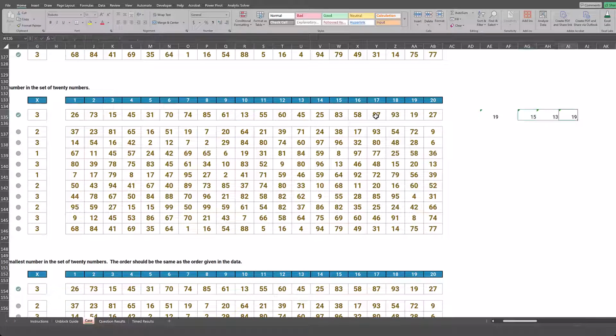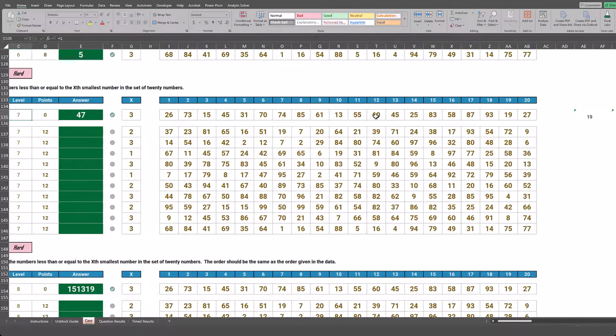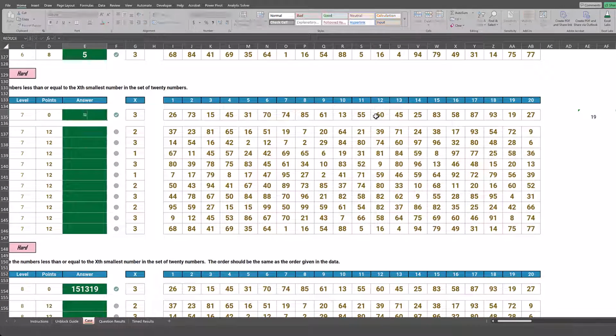And so now I can see that it returns three values. So we're looking at 19 was the third smallest value in the set. So this is including the 3 values that are smaller than that. Now, to get to our final answer here, I just need to sum whatever was in